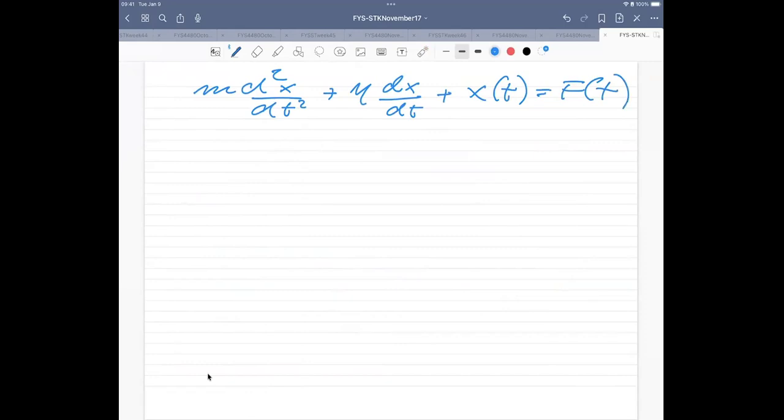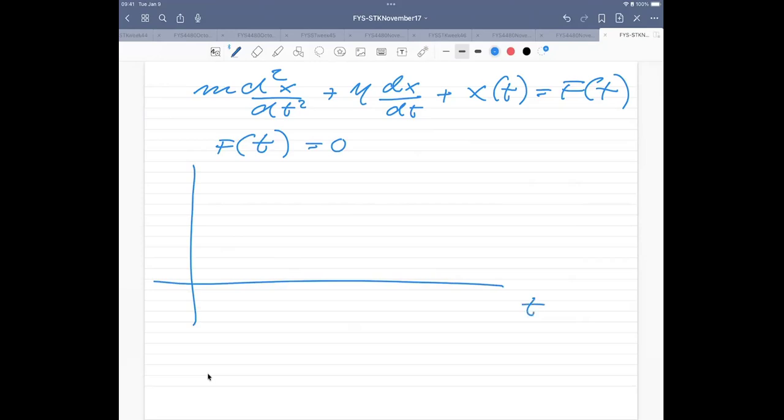What you will typically see, if f(t) is equal to 0, and you look at the position x as a function of time, is that, as you may remember from courses in mathematics or physics, the equation will oscillate. But since you have this damping factor, it dies out. You can have critical damping, under damping, and over damping. Does that ring a bell among those of you who've taken a course in mechanics?